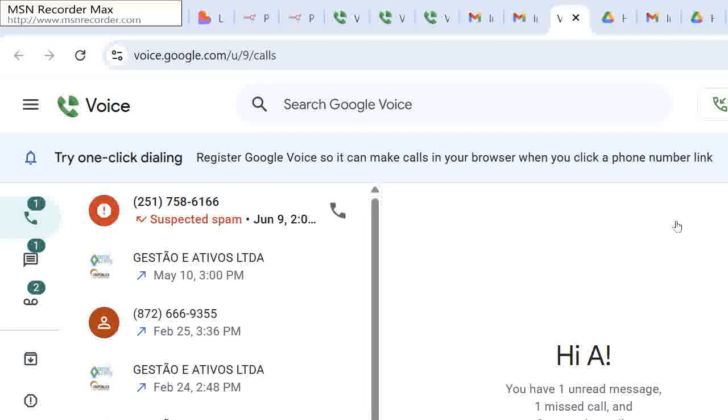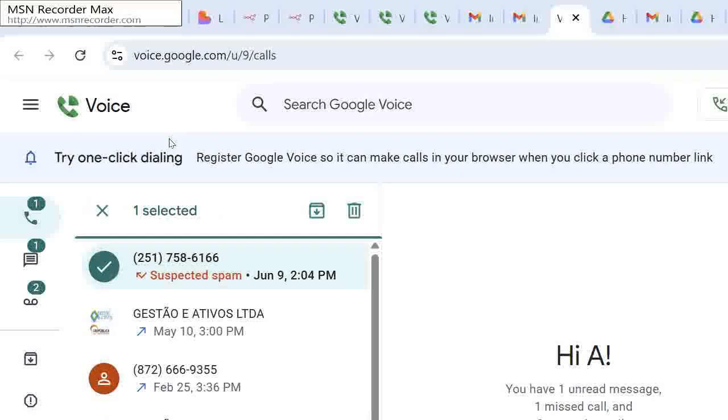I want to delete the spam, so shift, delete, delete again. Then I want to look at the